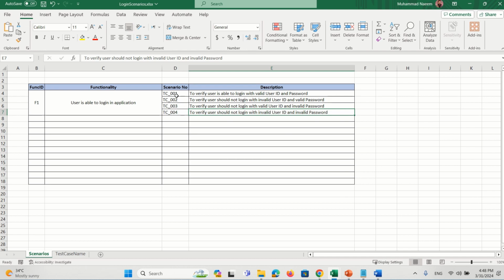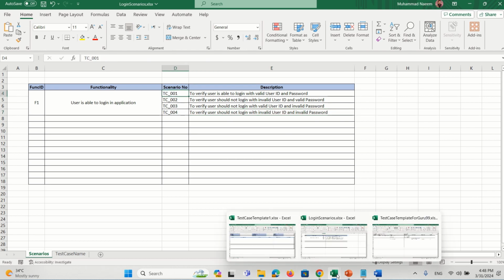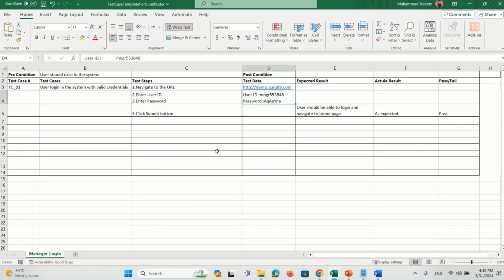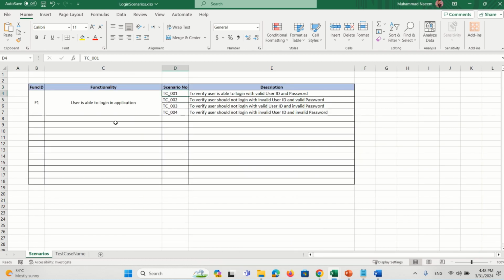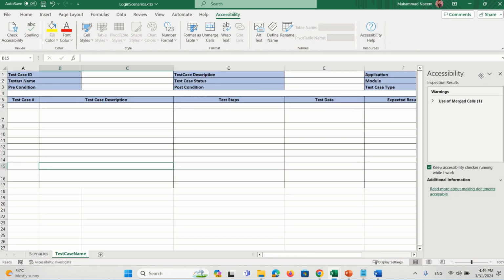Let's proceed with test case one, which I already covered in my last demonstration of how we can write a test case. Let's write the same test case again in the new Excel file, in which I have covered multiple scenarios against a single functionality. We can call it requirement traceability as well: against a single requirement, how many test cases we have covered. So the first test case is